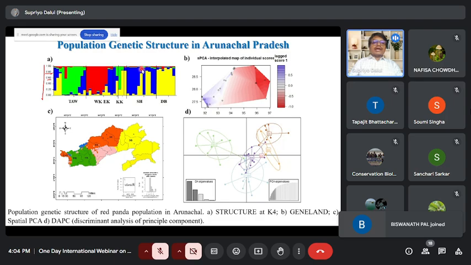So this is an admixed individual, which has genetic components shared from this population, this population, and this population. So this is an admixed individual. So basically what it